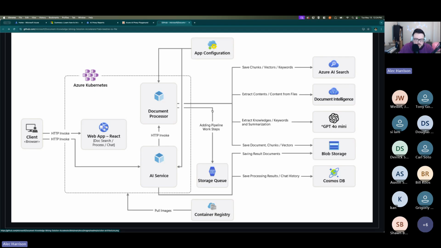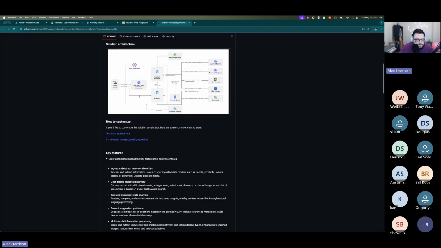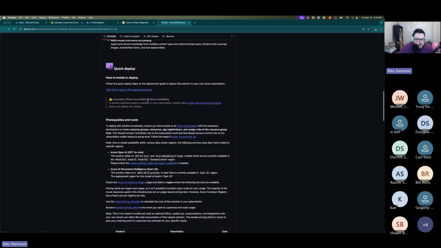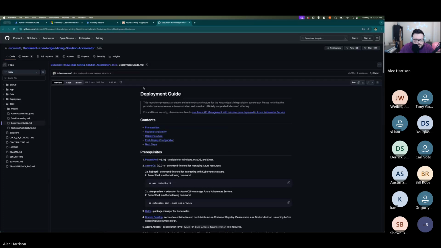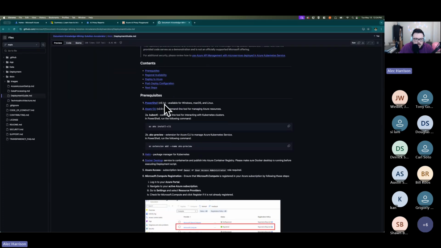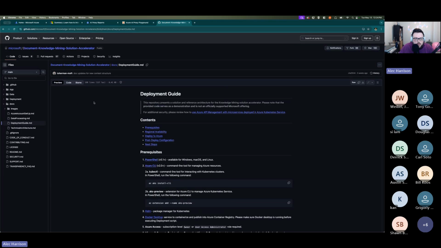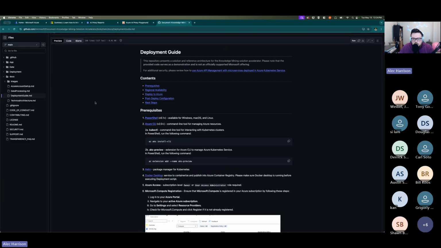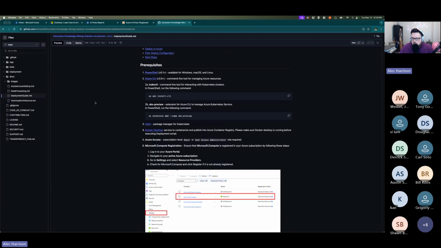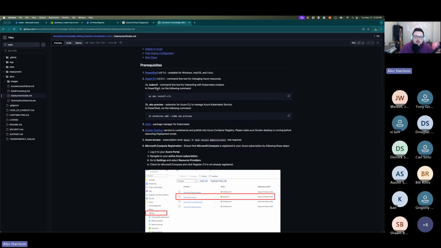There's some other stuff in here as well. One thing that did kind of stink about this one, so what's the solution overview? The quick deployment guide, and this is kind of a common theme for these, is they'll tell you how to do this. They require all of these requirements, but the code space file that they have in here doesn't have those requirements installed. So it kind of makes it a little bit more difficult to deploy.